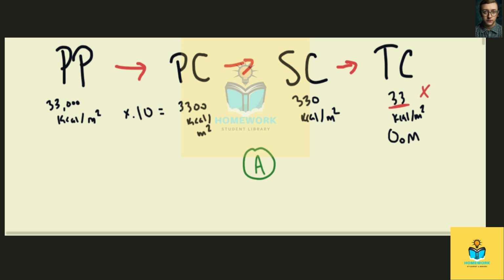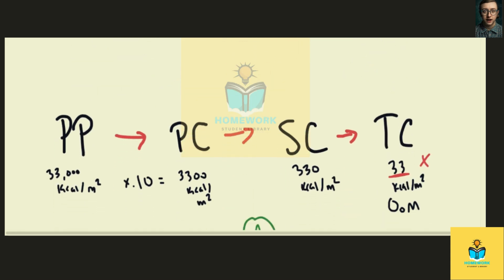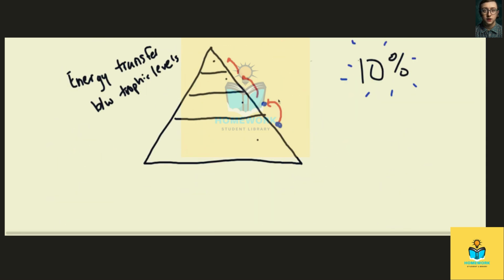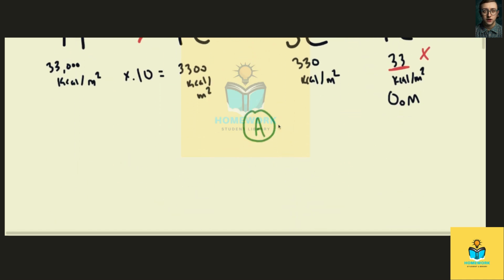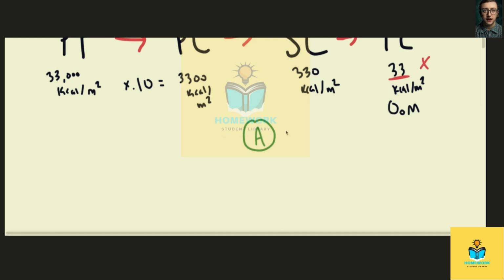And let's say we didn't know how to calculate this, we didn't know that 10% number, all we had was 33,000 and 4 trophic levels. How would we figure this out? Well, all you would have to remember is that at each stage of this process on this energy pyramid, less and less energy is going to be available for the trophic levels that are highest. So your best bet, if you're looking at a tertiary consumer level, is a number associated with its energy that is probably very low. But this is a useful check just to make sure you're in the right area. Again, answer A is our final